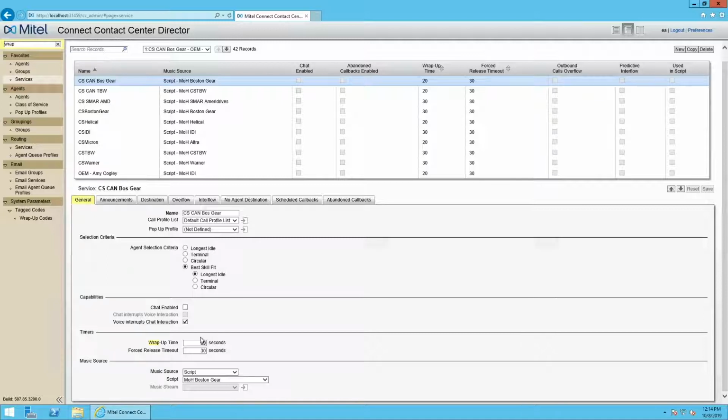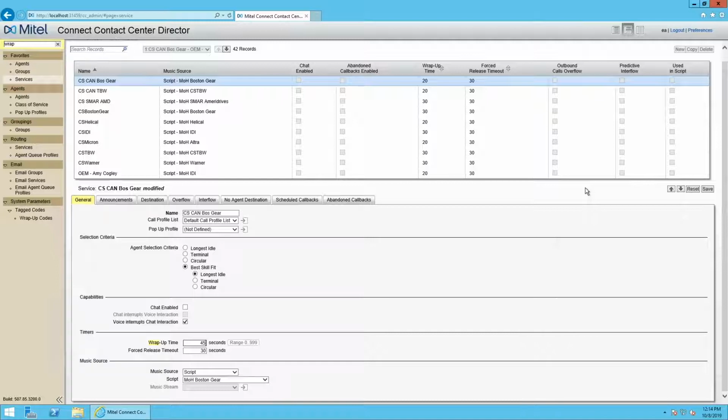This can be adjustable. So if I wanted to set this to like 80 seconds, I could. And you'll see when I highlight this, there's a range between 0, which means no wrap-up time, and 999 seconds, which is quite a long amount of wrap-up time. Typically, you're going to see this between 20 and 30 seconds, but it can be whatever you need for your business. So if we need to set this to 45, for example, I would just change that number to 45, hit save up here, which I won't do here, and that would give your agents 45 seconds instead of 20,